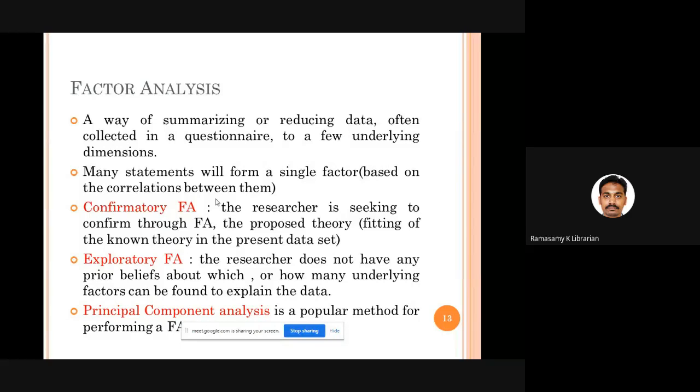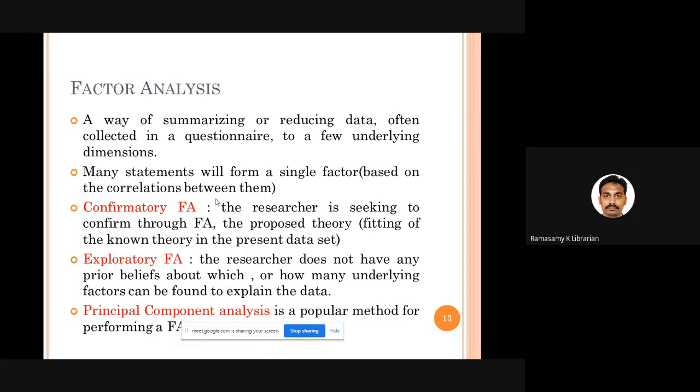All these 40 statements can be conveniently grouped under 6 or 7 or 8 categories, each of which is called a factor. That kind of understanding of a group of statements that explain one particular phenomenon, one particular concept, is called factor analysis.